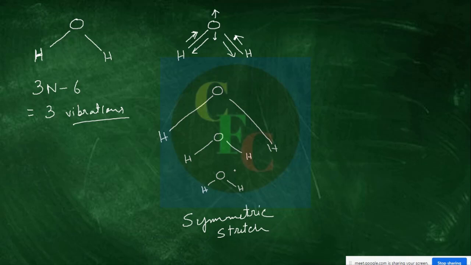And how does the dipole moment change? The component of the vector will of course be towards the oxygen. If it was like this, then in this case it will be much more, and in this case it will be lower than this one. The dipole moment also changes in the same direction, but the magnitude decreases or increases. So this is our symmetric stretch.